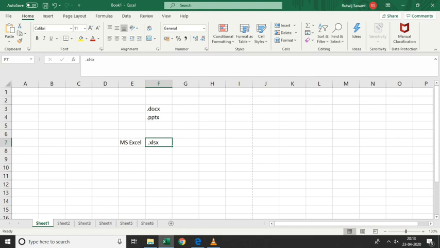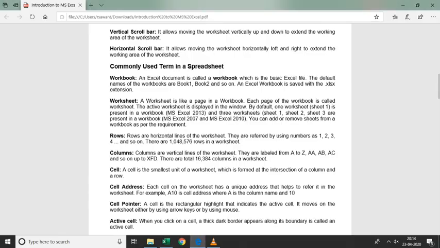If you are using 2007 or 2010 on your computer, then by default there are three worksheets named Sheet1, Sheet2 and Sheet3. But in Excel 2013 you get only one. So you can add or remove sheets.